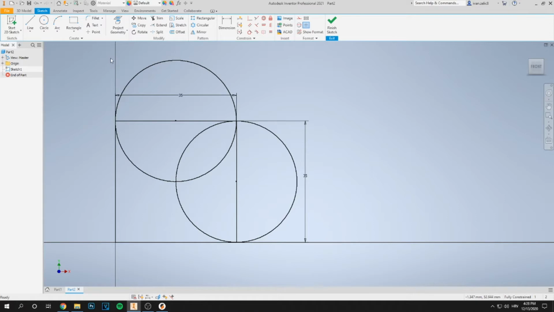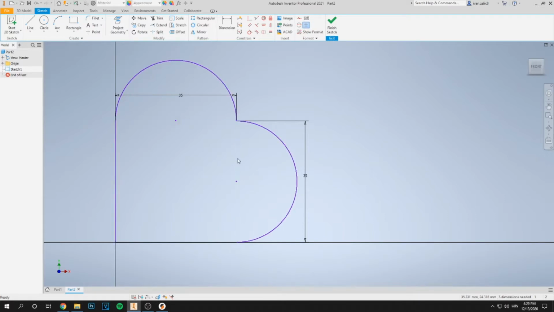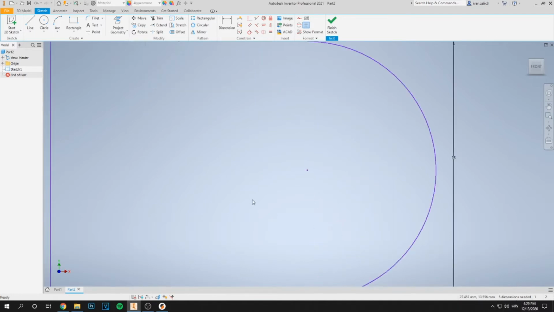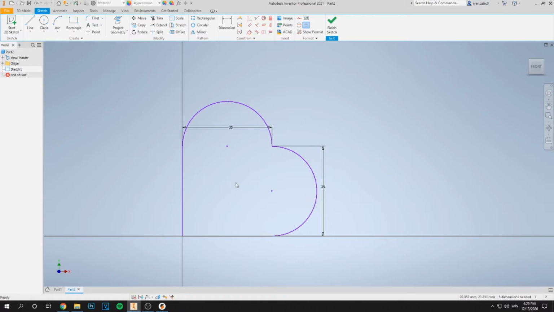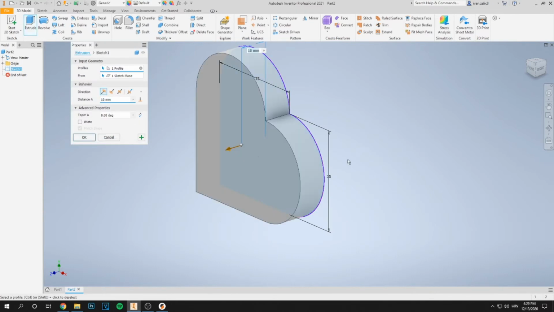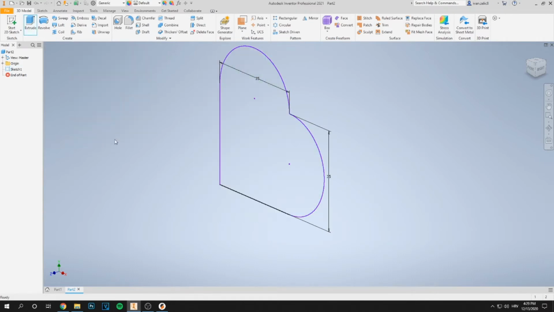and you're gonna use the trim option. You're gonna trim this and this, and you can't trim this, but you can click escape, click on this and delete. Now it doesn't need to be fully constrained, so we can just finish sketch and extrude and it will be a heart, or we can go back